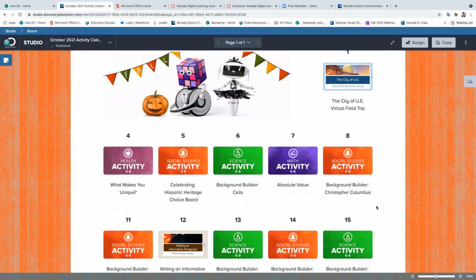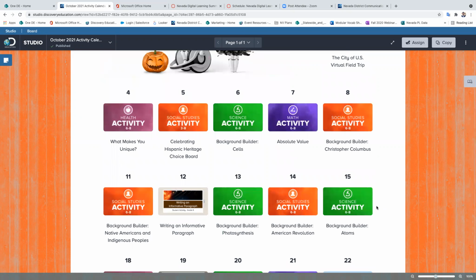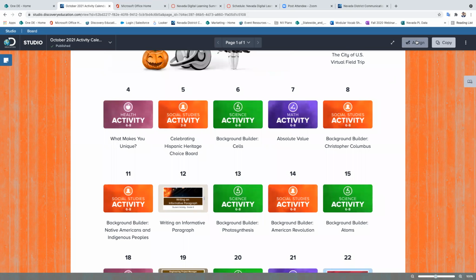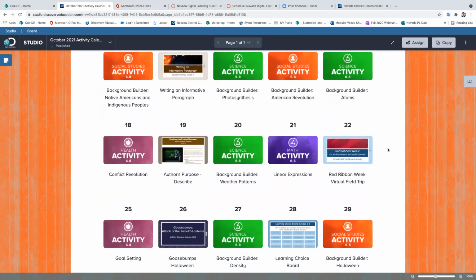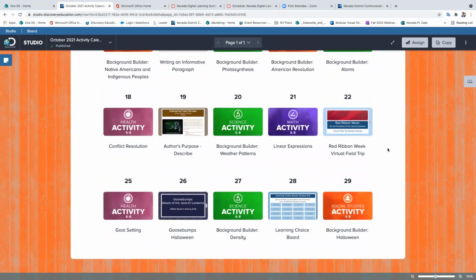But of course, we didn't just stop in October. They're going to be available for every month, where we also give you a background builder, where we talk about the math activity for absolute value. You can assign this directly to your students, or if you want to make changes, remember that's when you copy it to your studio, and then you're able to go in and make some changes. So this is your monthly activity calendar that's going to be available to you every month, filled with activities day by day